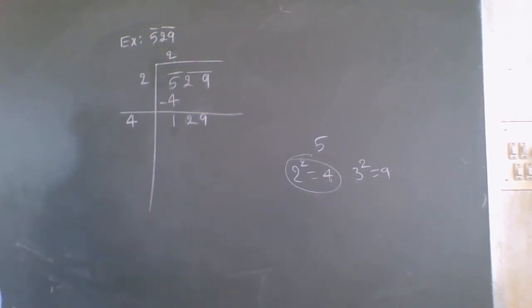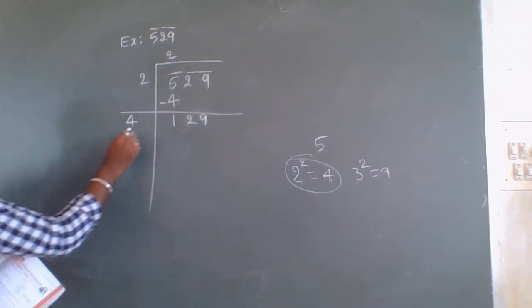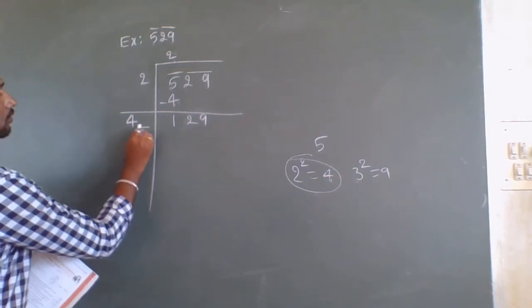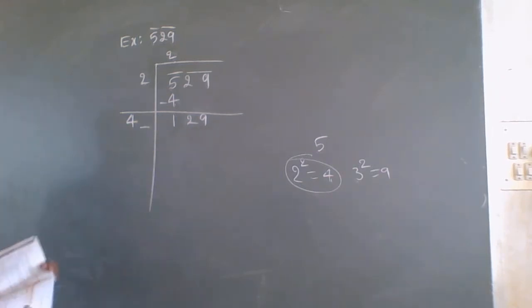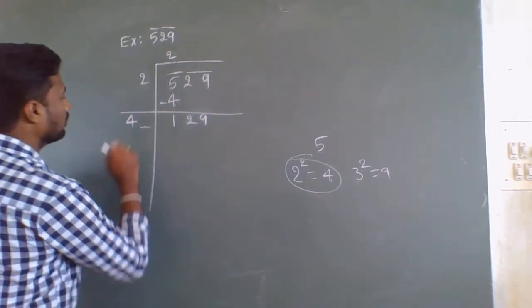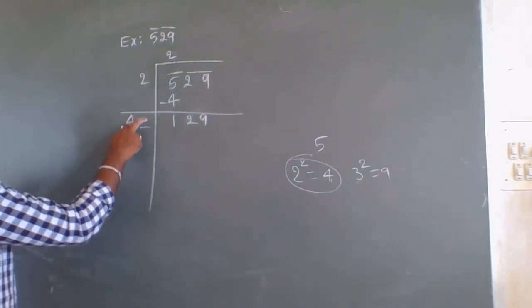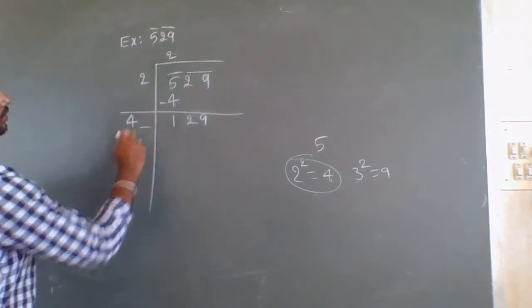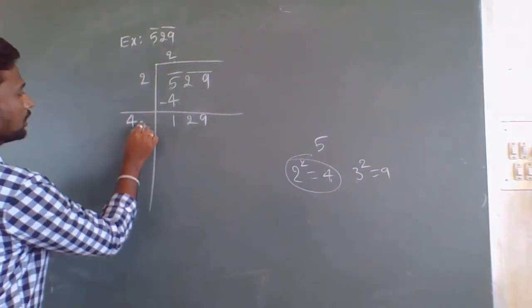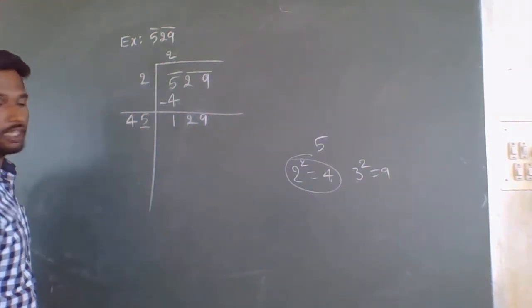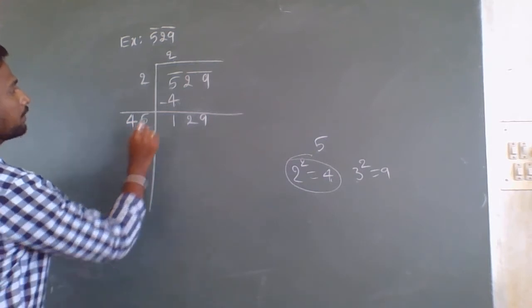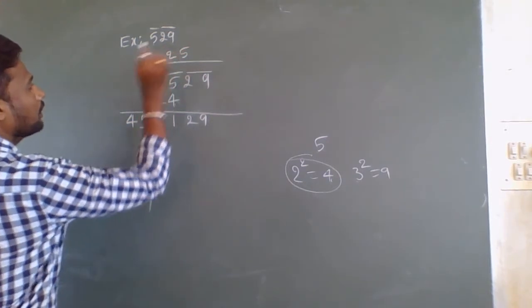So now we will check with 129. So here we got 4, means we should consider another value here. After this 4, we should consider another value. So here also we should write same values. Suppose for example here I have written 5. Here I have written 5, means here also I have to write 5 only.